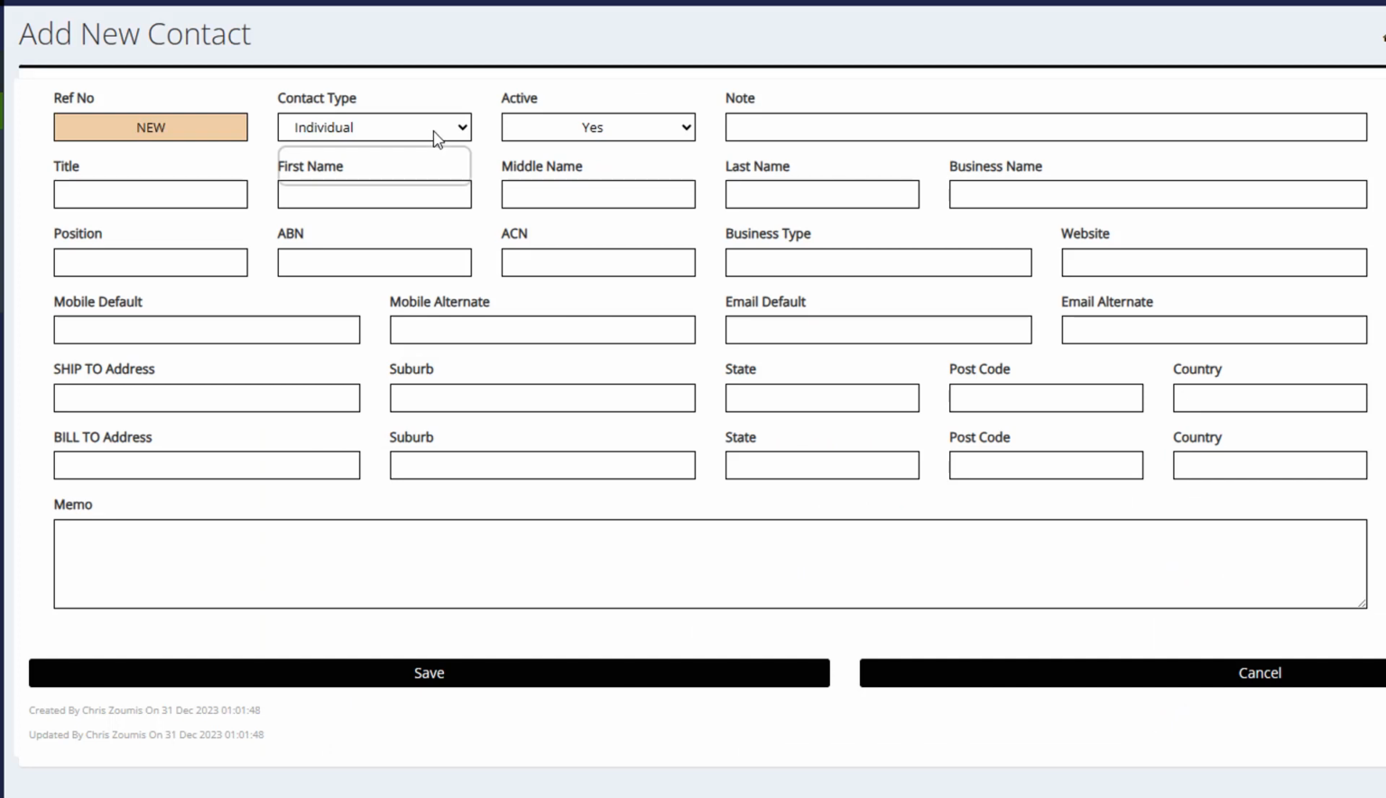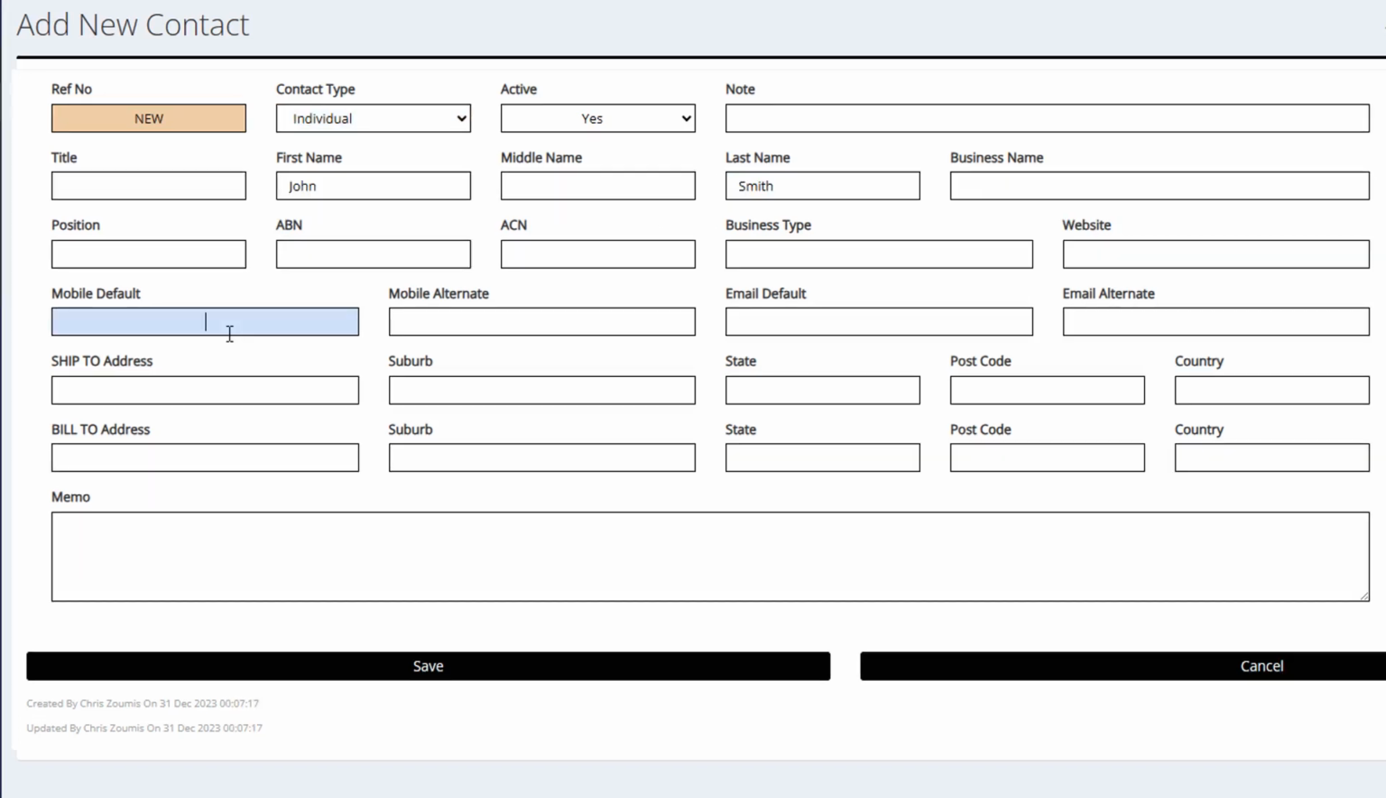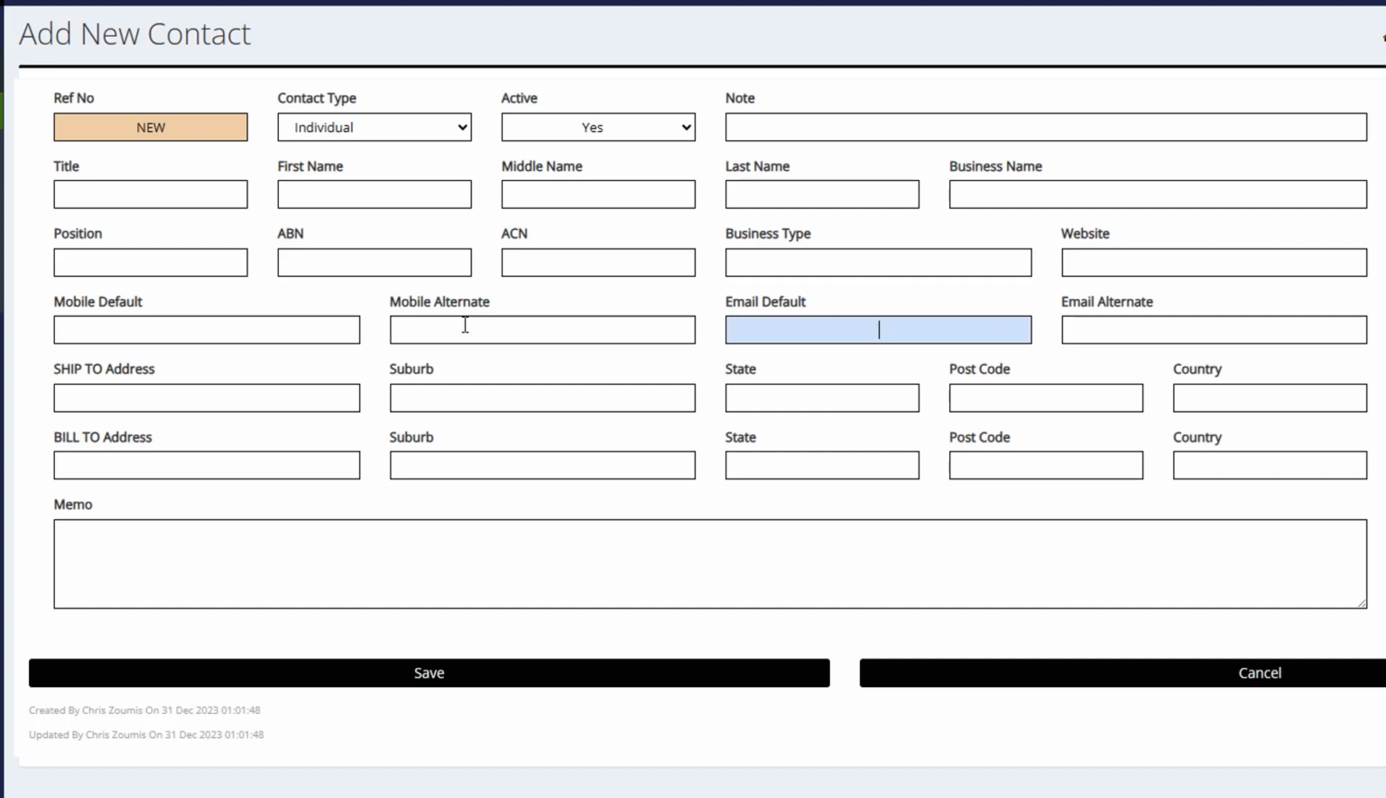The contact type can be set to business or individual, indicating if you're dealing with a business or a person. If it's a business, the business name becomes mandatory, and if it's an individual, the last name is required. Most fields are self-explanatory. The mobile default and email default are the primary ones used in the software. The alternate fields serve as backup contact details or to record previous numbers or emails when the default one is